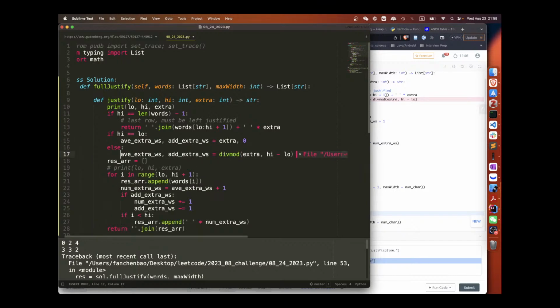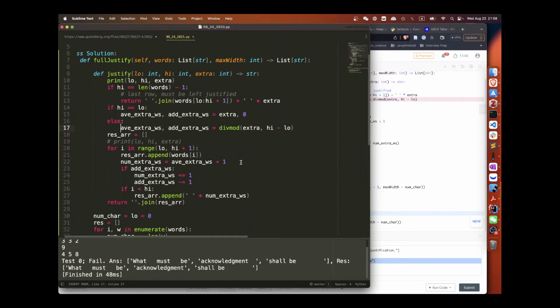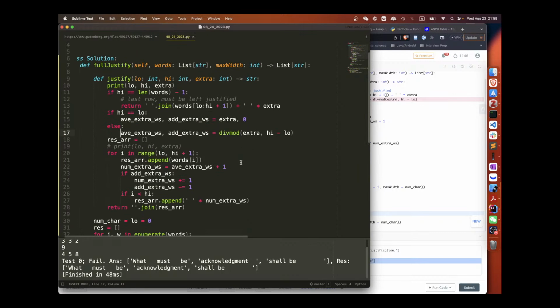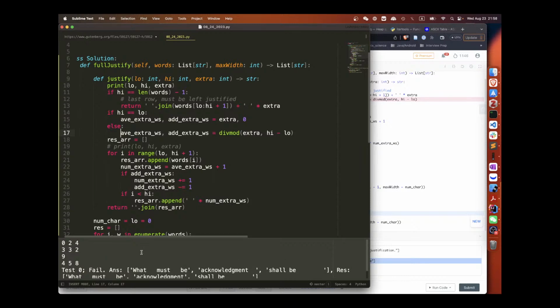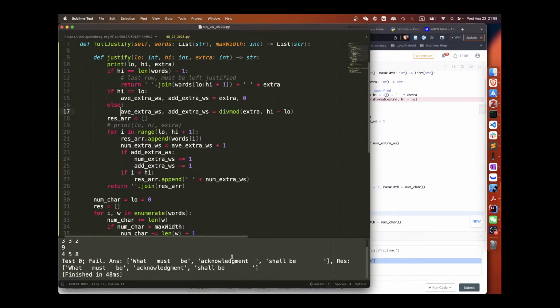Else we do this. That's weird. Almost. Why won't it have extra space? Should have 2 extra space. Right? 1, 2. Should have 2 extra space.